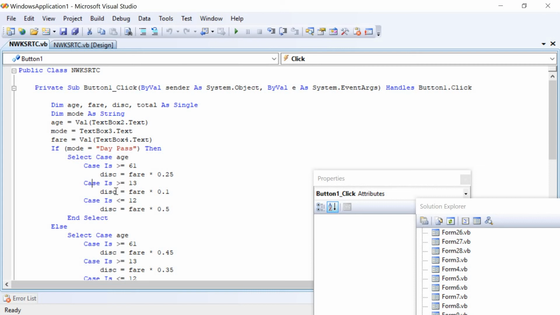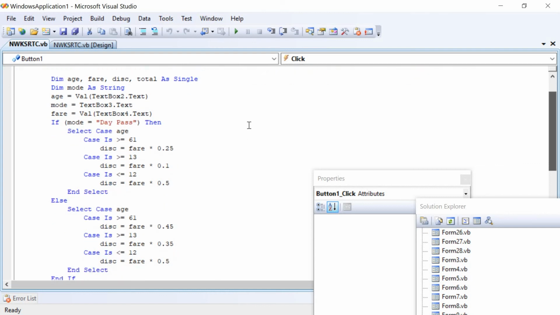Then discount is equal to fare amount into 10 percent. Then case is lesser than or equal to 12, up to 12 years. Discount is equal to fare amount into 50 percent. 50 percent is written in the form of decimals, that is 0.5. And right now select case will end with end select.